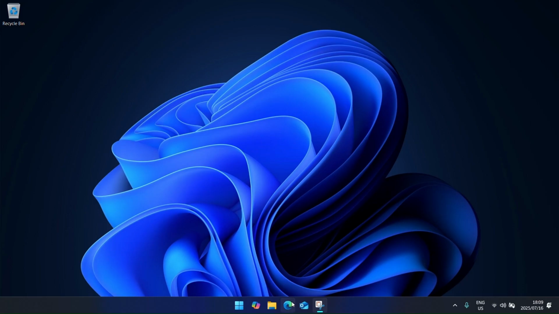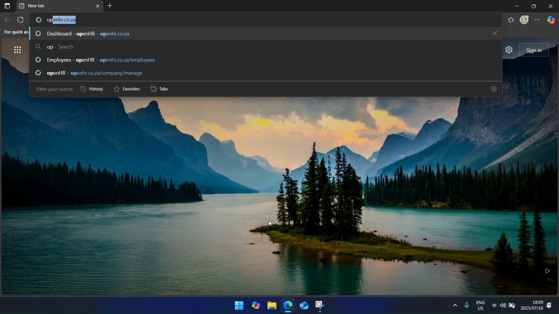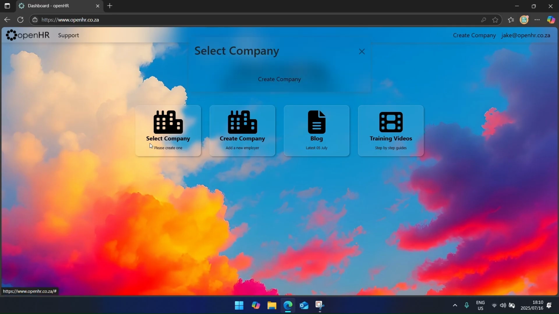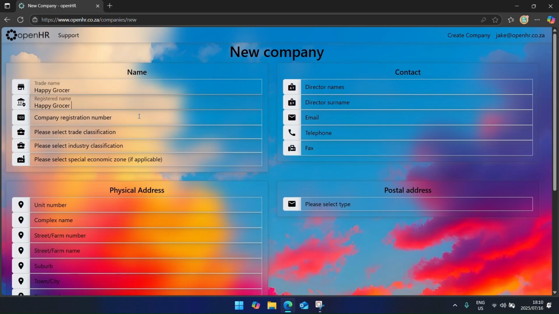Learn how to create a free company on OpenHR, South Africa's best free payroll and HR software. In your browser, go to www.openhr.co.za. Once you're logged in, you can create a new company by either clicking on the Create Company card, or clicking on Create Company in the Company Selection menu in the top right-hand corner. Once you have clicked on Create Company, you can capture all the required information of the